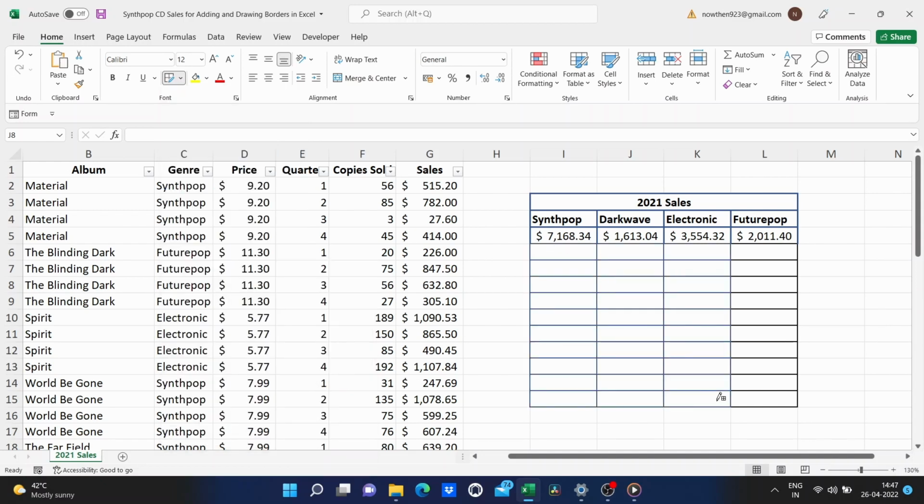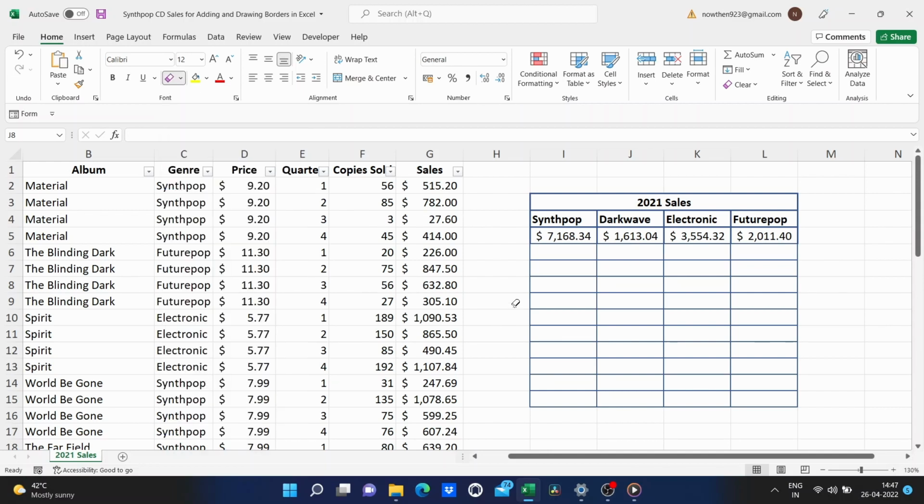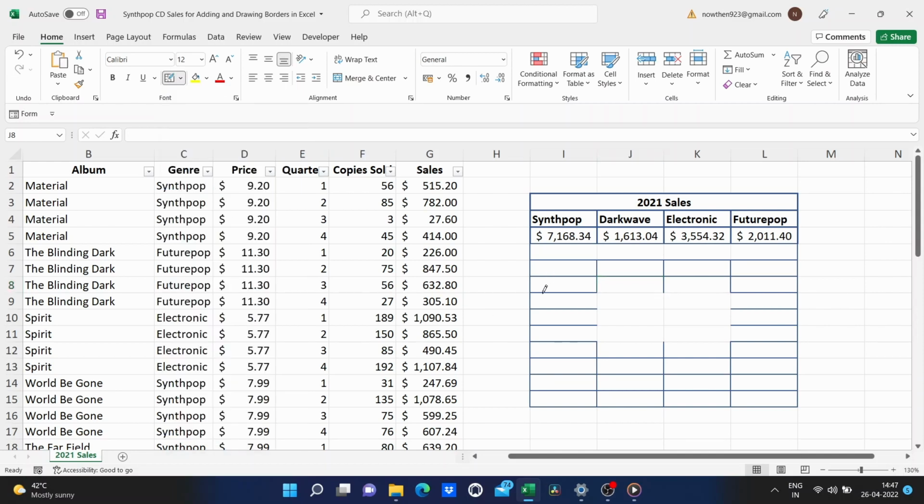Now, it's important that you also know about this option, Erase Border. This is a great option in many cases. You'll need to do this in order to make the data and the borders look the way you want them to look. When you're done using the Erase Borders button, just tap Escape on the keyboard, and now you're back to your regular mouse pointer. That also works when you are drawing borders. If you want to get out of the drawing border options, just tap Escape and you're back.